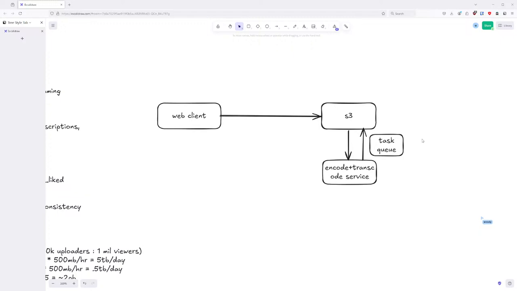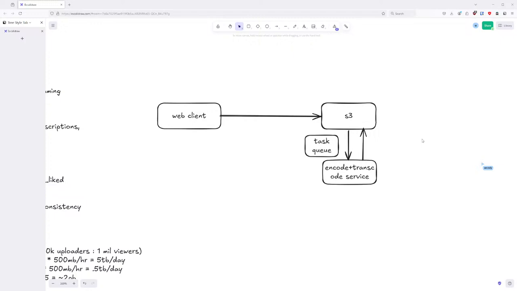Is a queue to enter the transcoding service? Yes, yeah, that's right. Well, can you explain a bit why that's needed? So I understand why you have that, but why is that needed? Why can't the transcode service itself just pull items from S3 as it needs? Because a task queue has to pull from S3, in what you're saying. So what's the distinction in this case between the task queue pulling versus the service pulling?